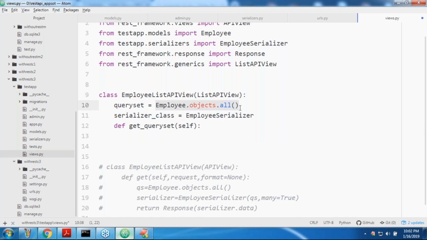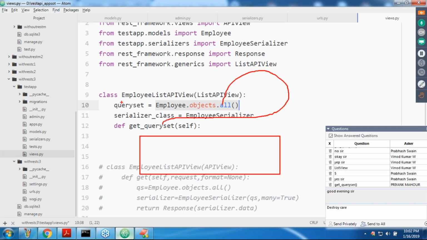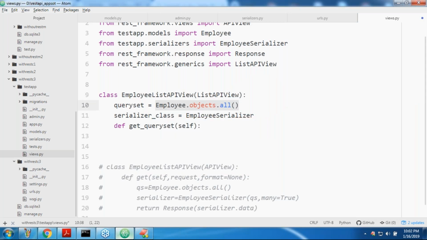Whatever queryset is written in this method is going to be considered. That's what you should be aware of. The get_queryset method does some filtration and returns the queryset, and the final queryset is going to be used by this ListAPIView.